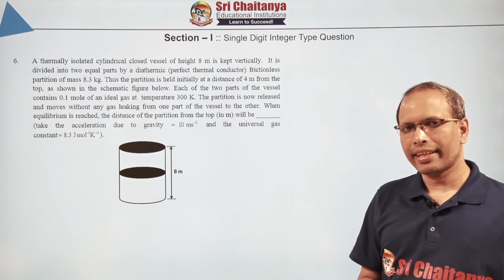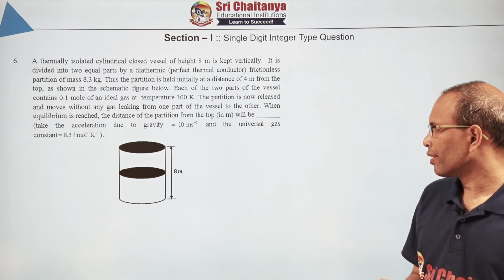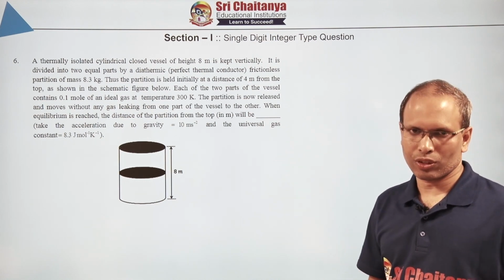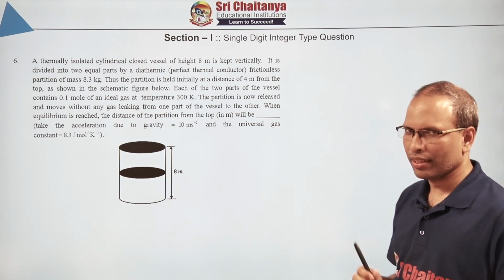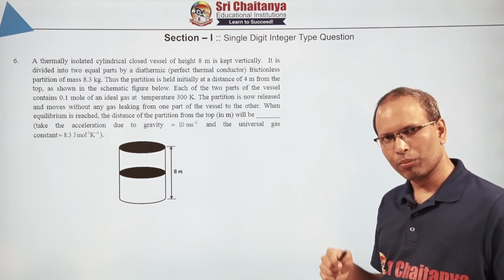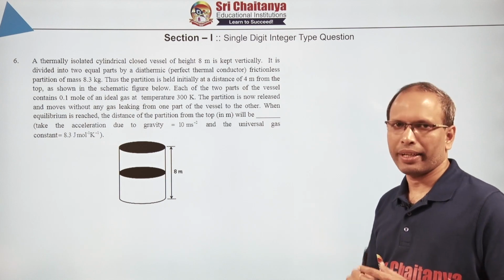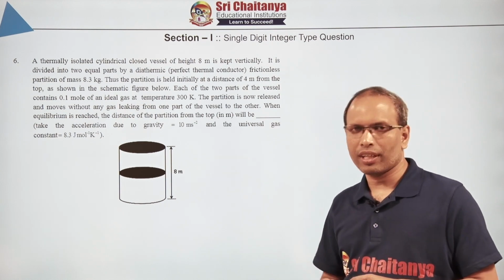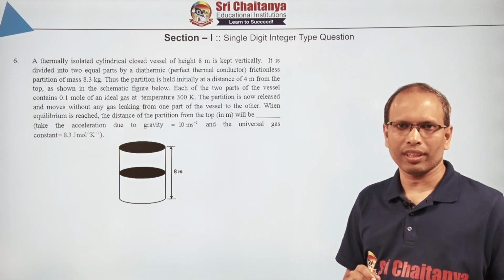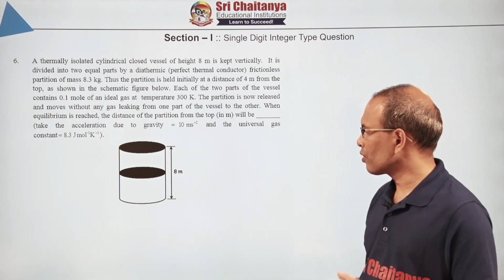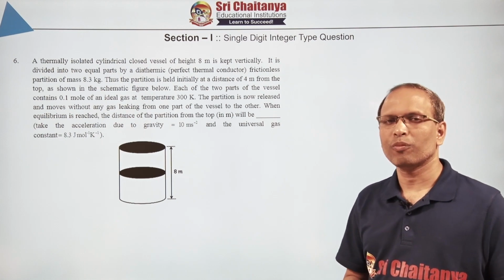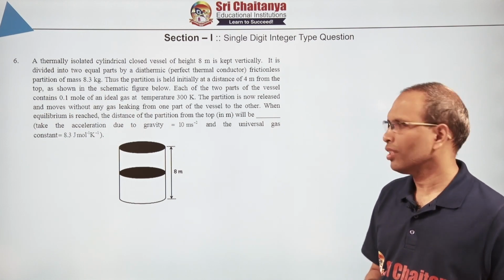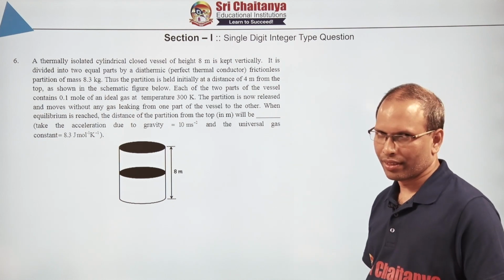In such scenarios we know what happens. This is in equilibrium, so the net force acting on this must be 0. What are the forces acting on this? Pressure from top, pressure from bottom, and its weight. It has to be balanced. Whenever there is an expansion or compression or even any exchange of heat energy with other things, what remains constant for this gas is the number of moles existing in a particular part. That always remains constant, so that is what we will use as the condition.